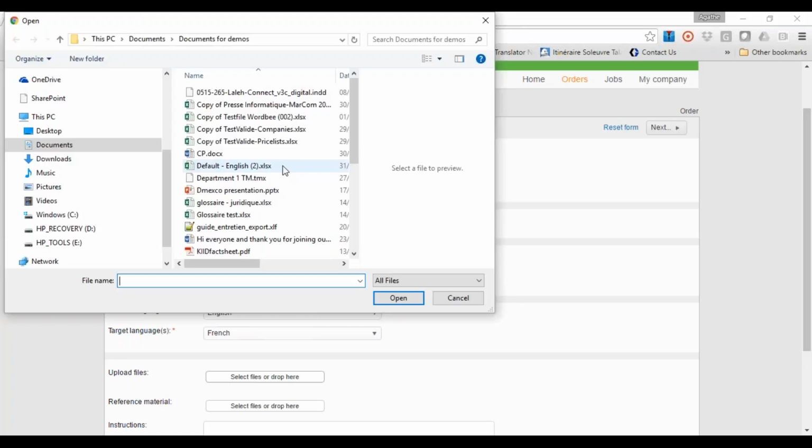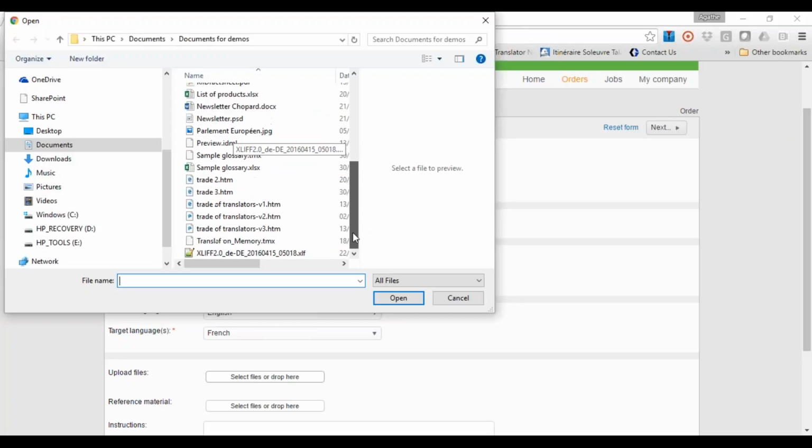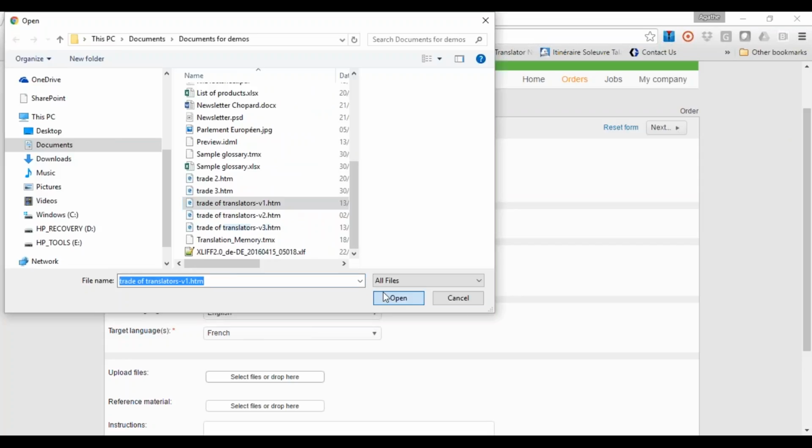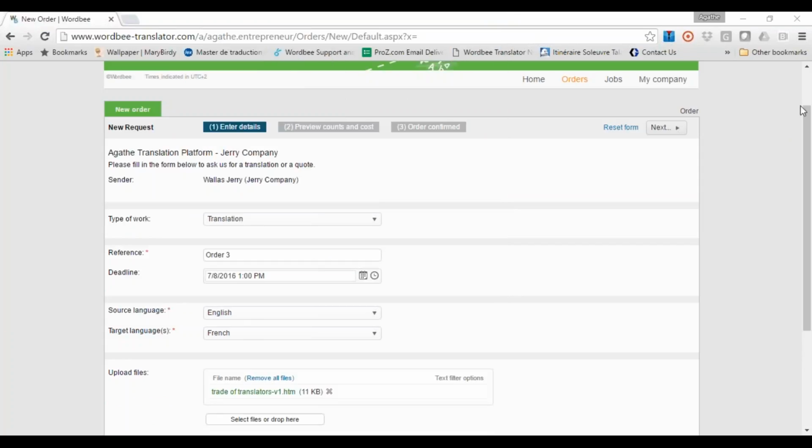So I'm going to select the document. Okay, so I now have the document. So you can decide the number of documents that the client can upload here. The client can also upload reference material if he wants, and leave you instructions in this field. And then when he clicks next,